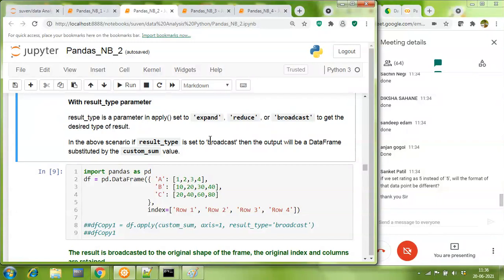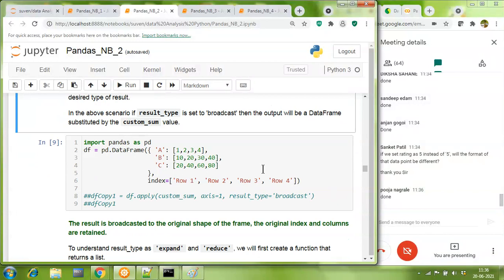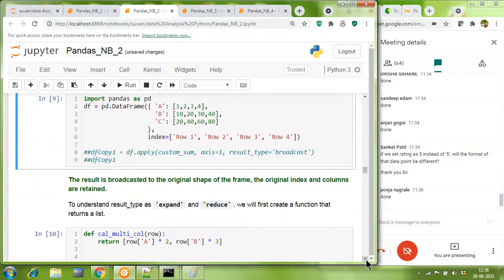Friends, if you remember, in the above case, we had made this data frame. I'm remaking it, having the columns A, B, and C. I'll just rerun this. So obviously a new data frame called DF has got created, which is having 3 columns A, B, and C, holding these values.